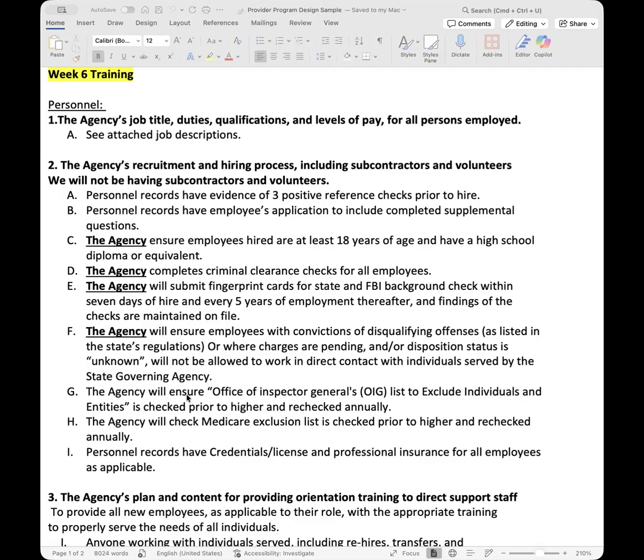So those are the two employees that you must have, outside of, I know, Jasmine, you said you guys are going to be providing nursing services. So additionally, you would need to have a nurse on staff day one. So there would be three if you're providing medical services. And then the qualifications for that person, the job description for that person, level of pay, what the starting pay is going to be, all needs to be outlined in the job description. So that's one thing you need to make sure you have as part of your procedures. And like I said, we'll go more into these job descriptions as we get into policy and procedures.